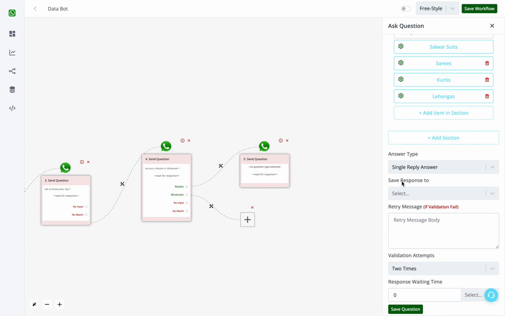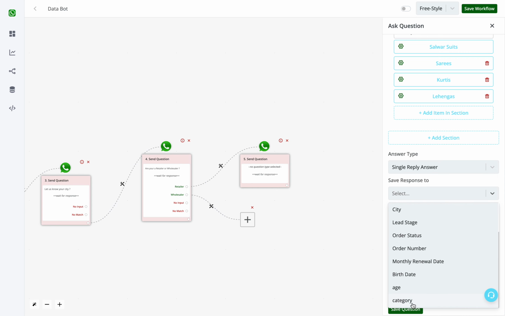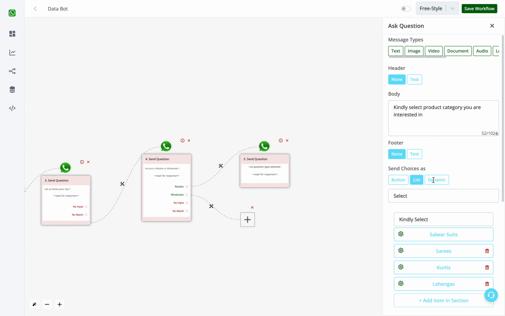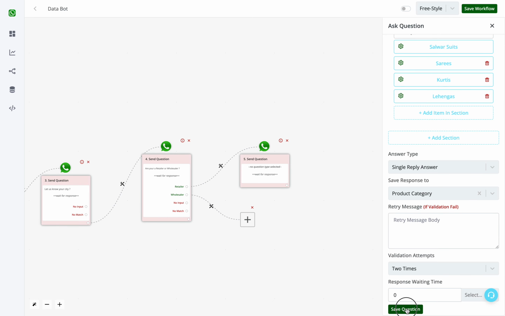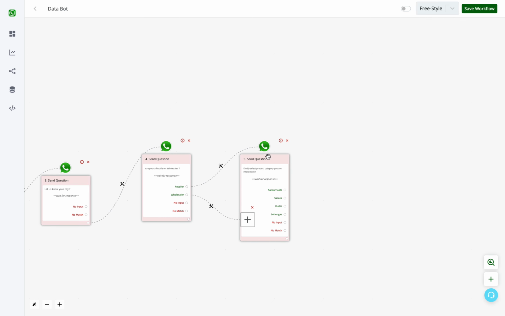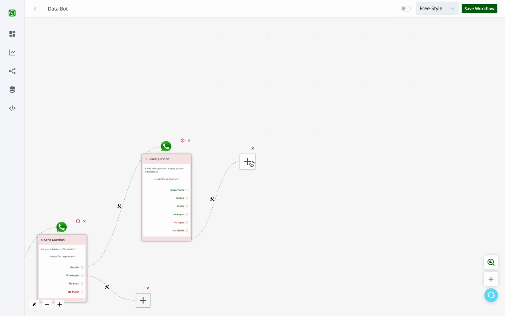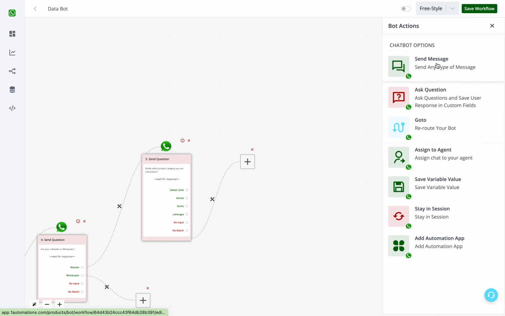And then I'll save this reply to product category. We have another option of multiple reply answer, but you can avoid it for now. We'll have a separate video on how to utilize this. So always use single reply answer if you're unsure. I'll select this, the reply to this message will be product category, and I'll simply click on save response. Now here, whatever the user replies, in the next step I simply want to say that